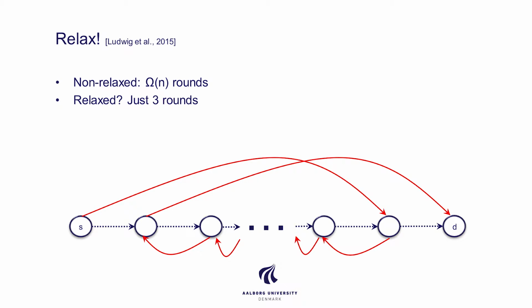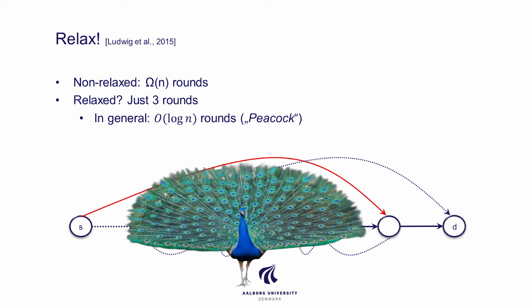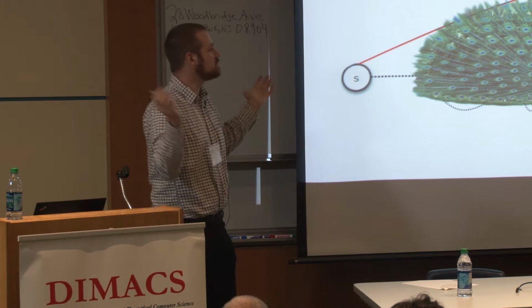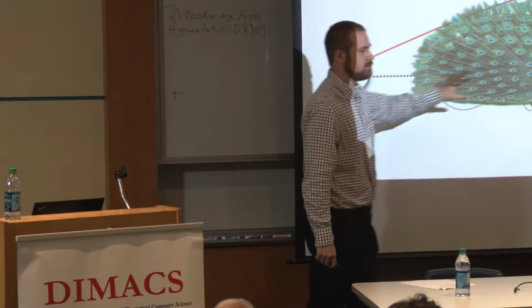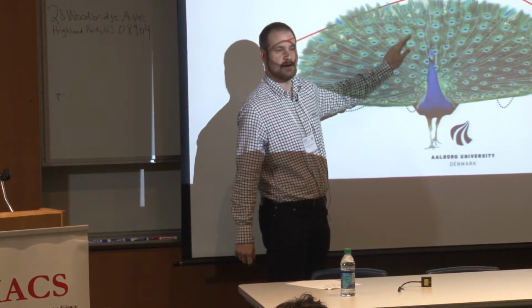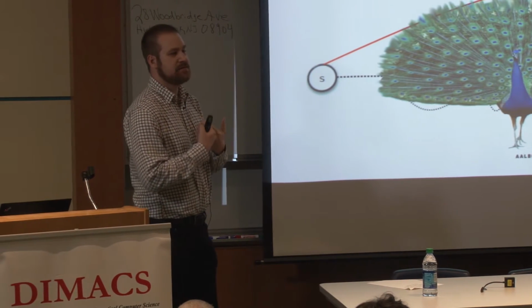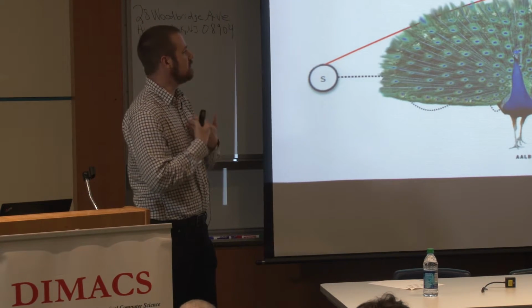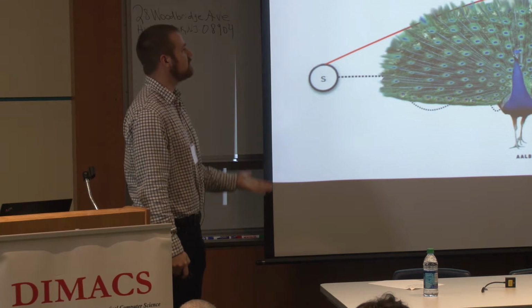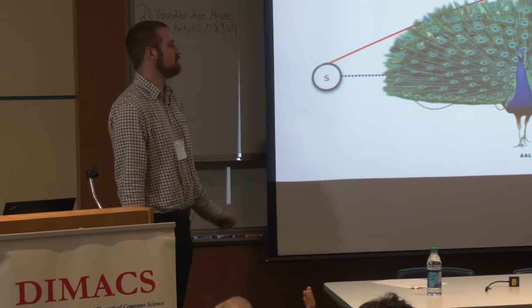And so the idea here is what they call the Peacock algorithm, based on the idea that you try to skip a lot of the nodes that you want to update. And then like a peacock that spreads its feathers out, you don't really care about what's going on below here, so you can update this all at once. With this idea, you can always cover a constant fraction of the path that needs to be updated, meaning you're done after a logarithmic number of rounds.